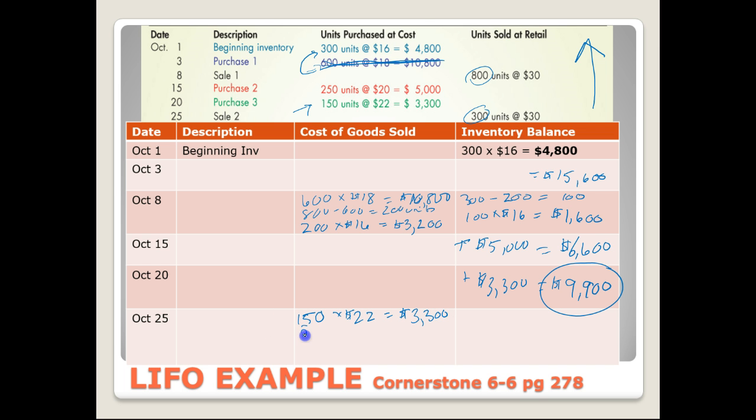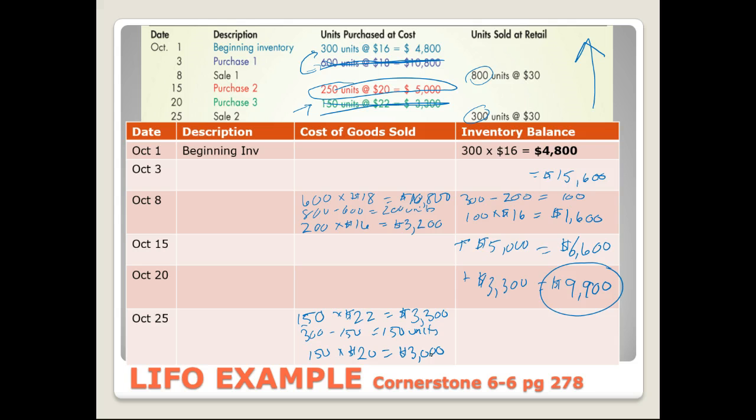Does that complete my sale? No, it does not. I still need 150 units to sell, right? Where am I going to get those 150 units? Well, I've used up the green bucket, but guess what? I have the 250 red units. I only need 150 of those. They are $20 a unit. And so I am going to be using $3,000 worth of them. So my total cost of goods sold now for this sale is $3,300 plus $3,000, so it's total COGS of